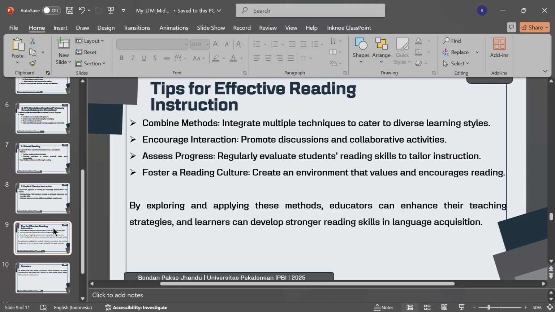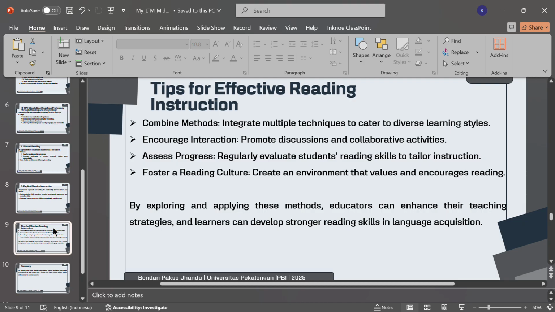And third is assess progress. It is like regularly evaluating students' reading skills to tailor instruction. And fourth is foster a reading culture, which is to create an environment that values and encourages reading.